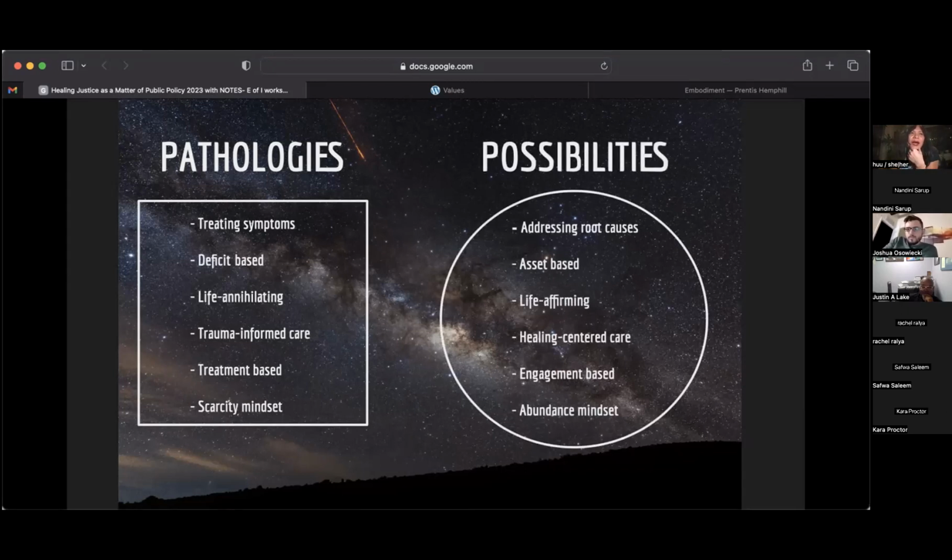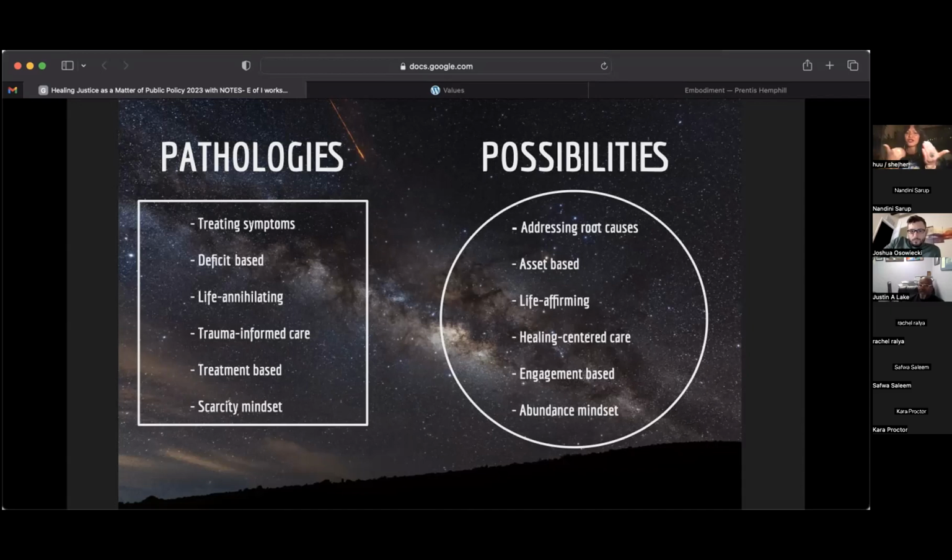So this is what we think about when I hear young people who are organizing these days talking about the imagination space. We're really dreaming of a world in which none of us have lived. What that requires is that we're actually addressing root causes, the conditions that have caused these injustices, rather than just treating the symptoms superficially. We're looking at things through an asset-based lens. We're really looking at the systems as being life-affirming,